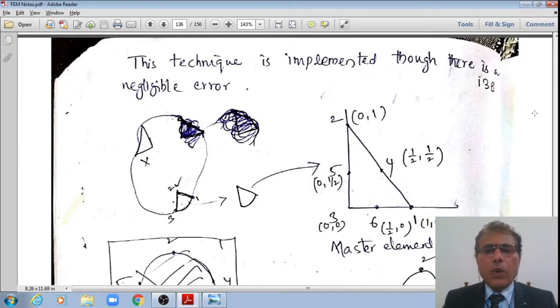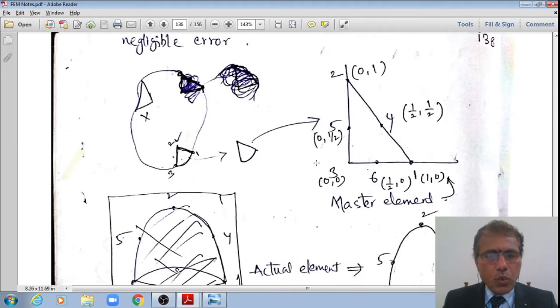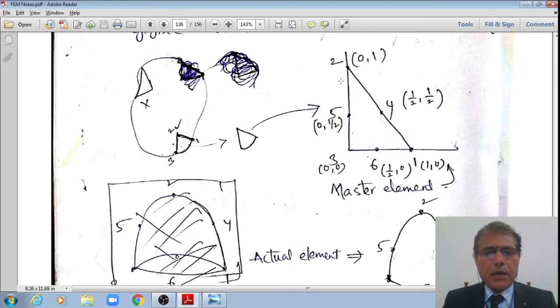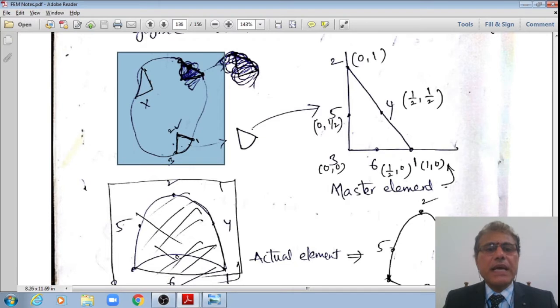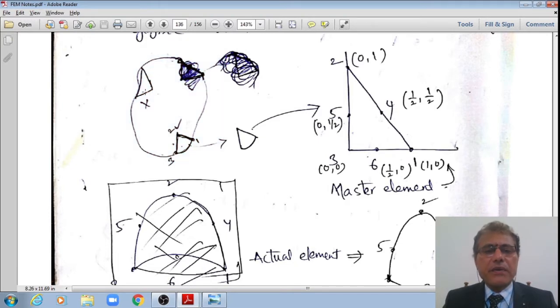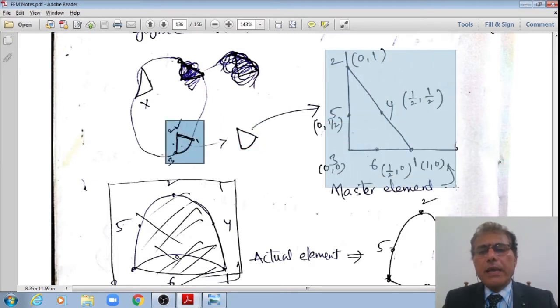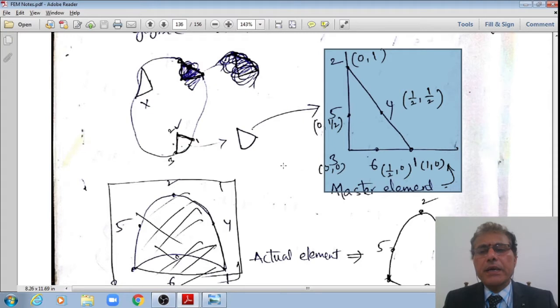Then now I'll take the 2D 6 noded triangular element, student. That is how my continuum is discretized using n number of 6 noded triangular elements, right? Of which I'm now considering this element which is taken out. That is the exact element, student. But now I'm drawing a master element here, right? That is how my master element is like this. Now I'm showing here, please see, this is my master element, student.